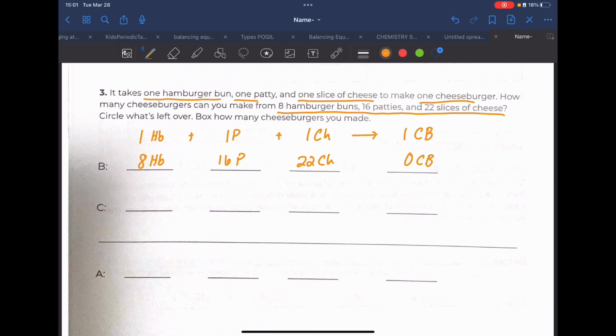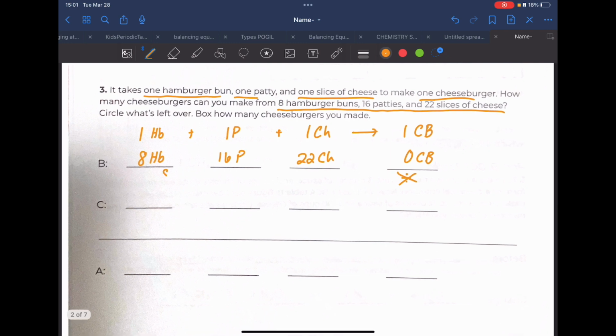Great. Division is my next step. It's going to be 8 divided by 1, 16 divided by 1, 22 divided by 1, and 0. Sorry, actually, you don't need to divide on your product side. Only the reactants, that's where you divide. I'm not going to bother writing it because it's all 1, so each one's just going to give me itself. The smallest number of those is 8, so I'm going to pull my 8 up here